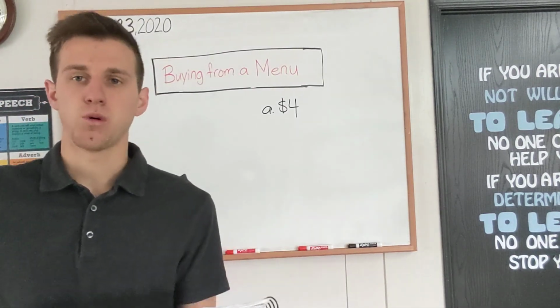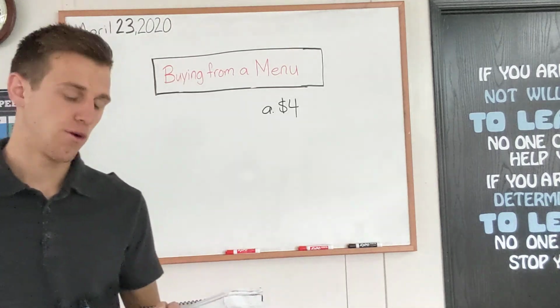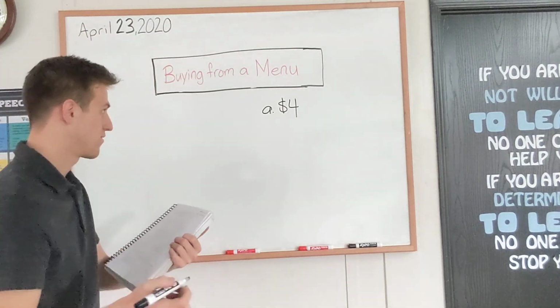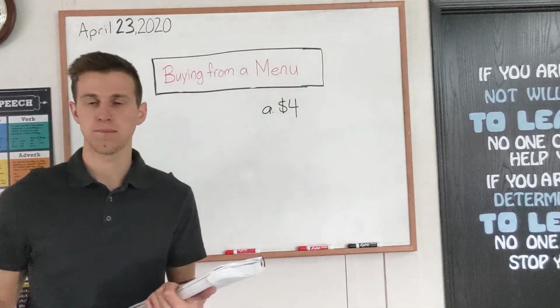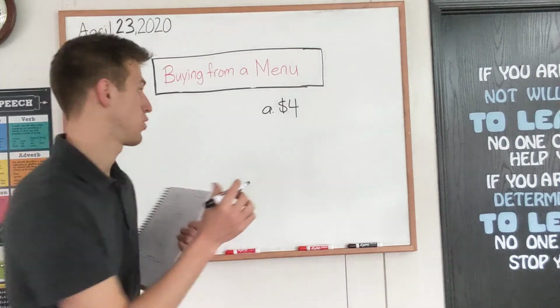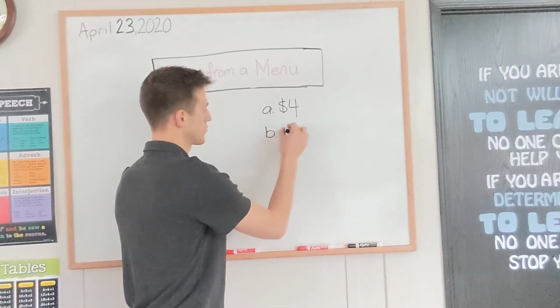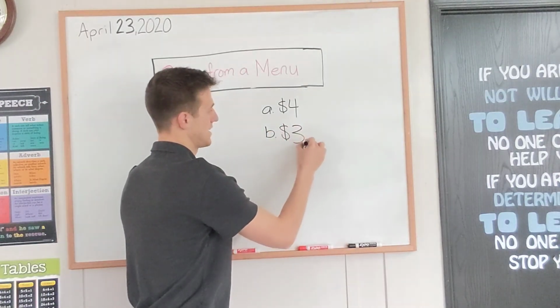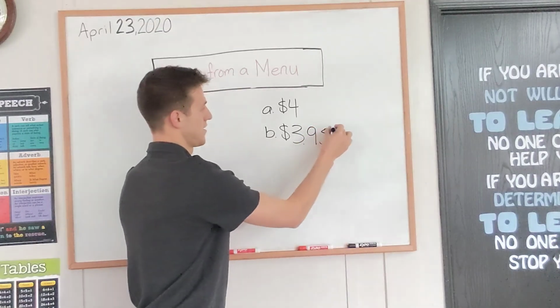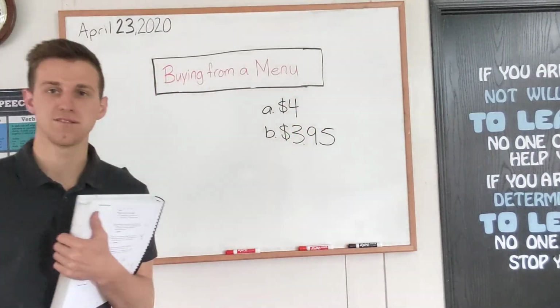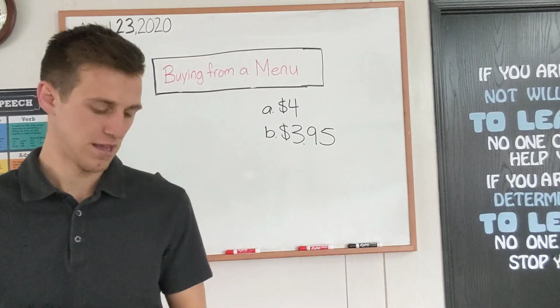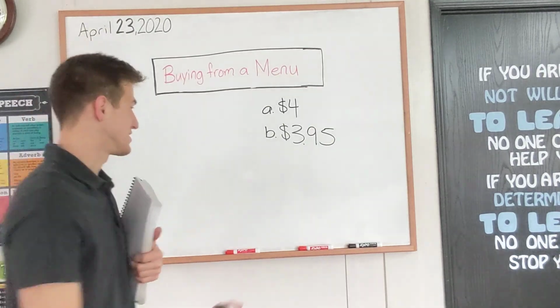Find the actual cost of the item. So we are not rounding them now. If we find the actual cost, we'd add all those up again, but we're not rounding. So we'd come up to $3.95. So that's pretty close, about 5 cents off from our rounding. So now for question C,